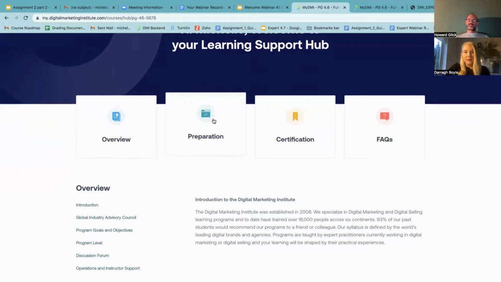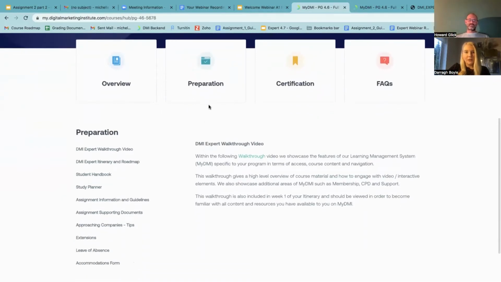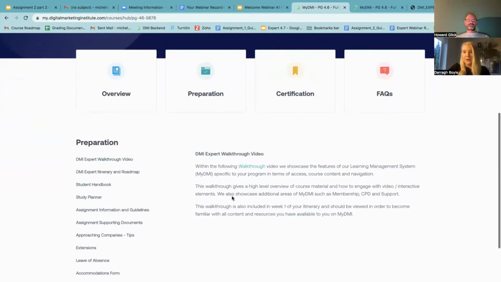This tab here is a big one for you. This is where you're going to find everything you need, templates and guidelines wise. Firstly, you'll pop in there, and you can see that here there's a walkthrough video. That walkthrough video will take you through all the elements of the learning management system, so how to navigate your course, how to download your notes, things like that. So any confusion there, just watch that little walkthrough video and that will show you how the platform works in terms of the modules and content.